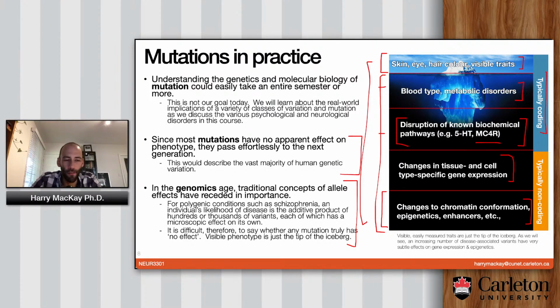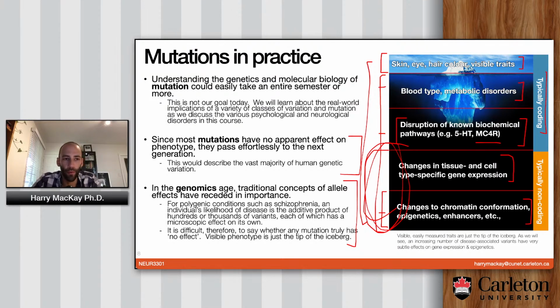And then you can have ones that affect pathways that are even more invisible than that, things happening in your brain, but that are still tied to existing knowledge about the brain and existing neurotransmitter systems. Then below that, you can have mutations that don't even affect the coding sequence of genes, but change the way genes are expressed. And below even that, you can have mutations that don't even affect the expression of genes, but just affect the epigenetics and the three-dimensional shape of the chromatin. So there's all different kinds of levels. And we're going to be spending most of our time, I think, down here in the deeper recesses of the ocean, because this is where most of the newest findings are.